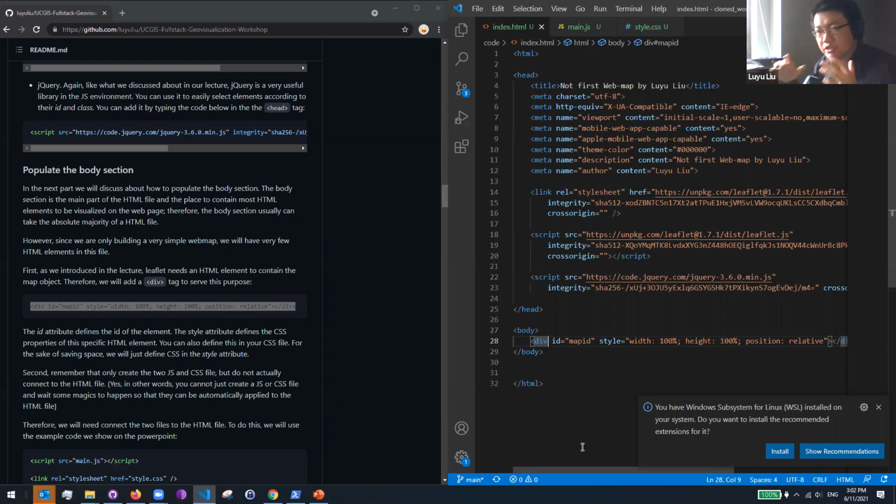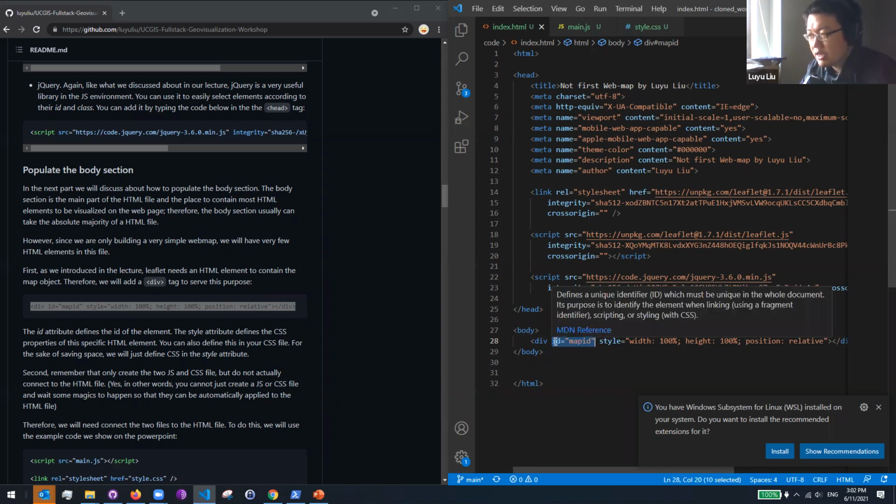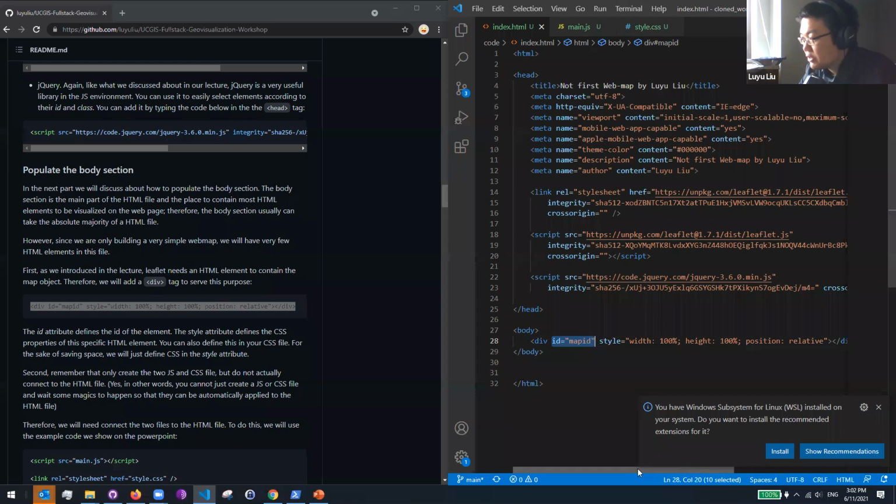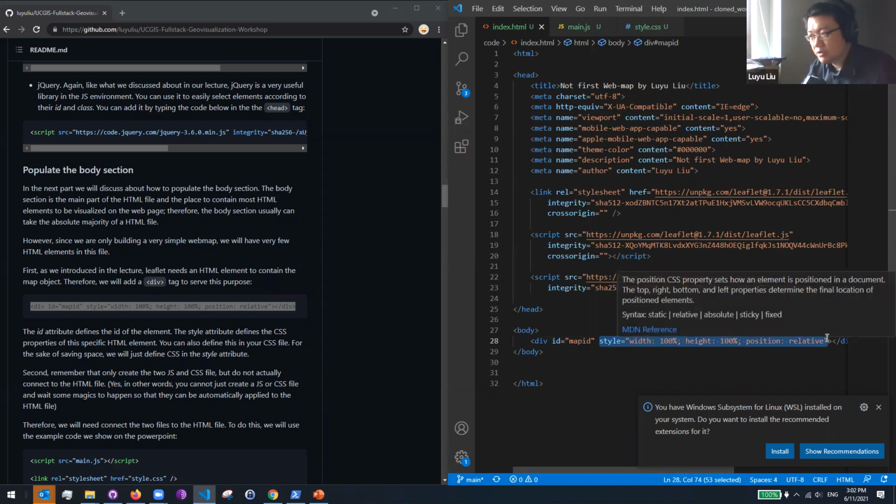Because we want the leaflet to fill a container on the map, on the pages, so that it becomes a map, right? And then it should have an ID so that we can find these elements in the leaflet environment, right? And here that's basically it. And this style tag is essentially CSS